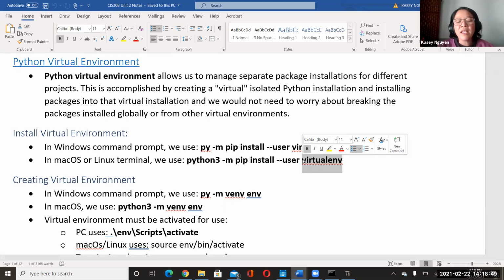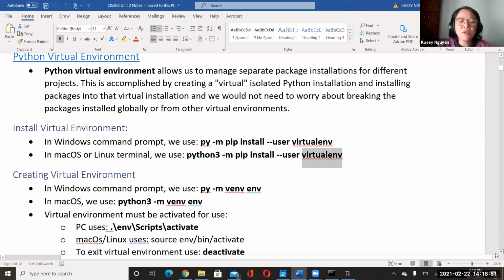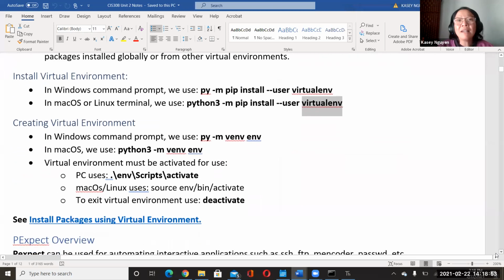Once you install it, you have to activate it in order to use it, right? Just like any software tool, we can install it, but if we don't open it, activate it, or enable it, we cannot use it. To actually access or activate it, you would use different commands. Ultimately, we want to use the venv activate command.